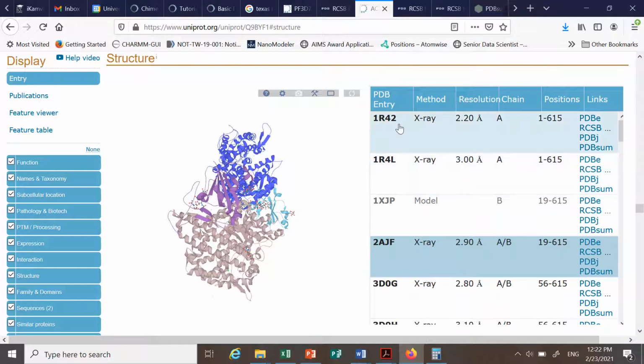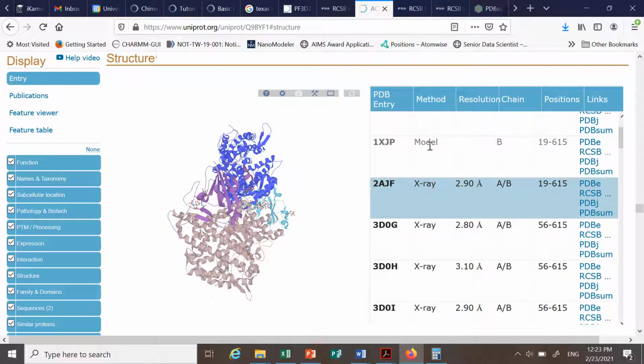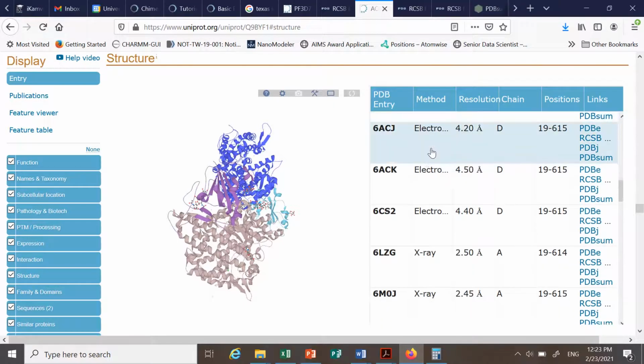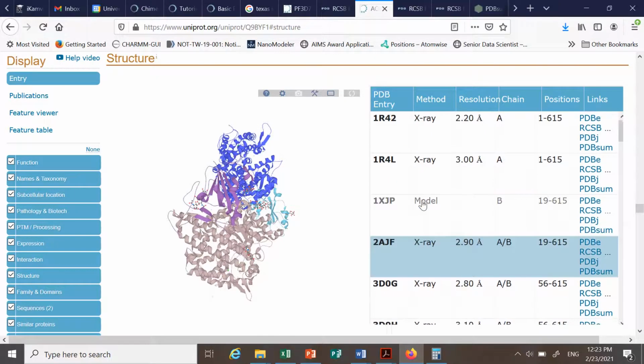Okay, let me just take it. You see that they have what we call a PDB entry, a specific ID, and the method by which the structure was solved. X-ray crystallography, or a model built computationally. There's also electron microscopy as a method to solve the structure. Then you have the resolution